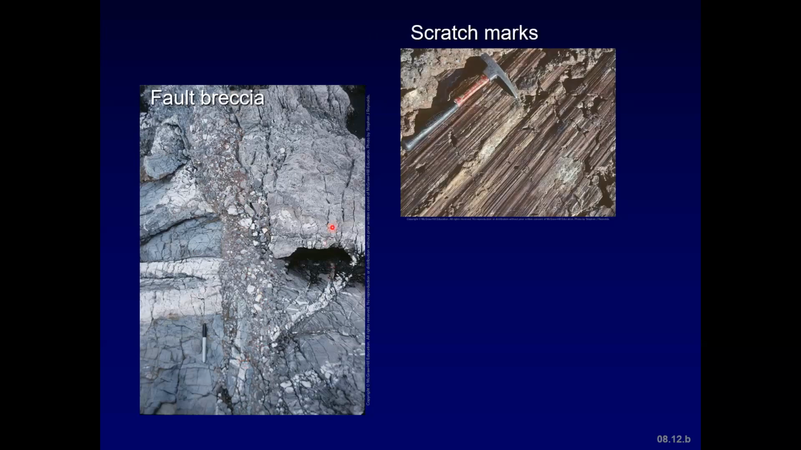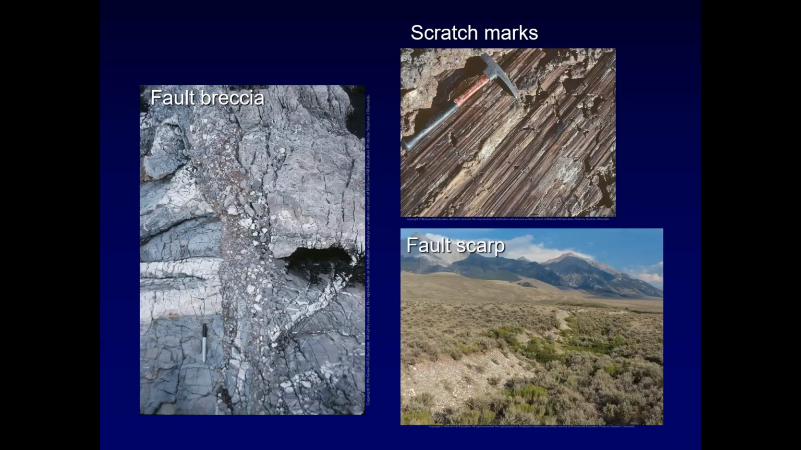You could also have scratch marks on the surface of a fault plane. The fault surfaces can be smooth and polished and have linear scratch marks that form parallel to slip. So that helps us determine the direction that a fault slipped. Or you can have fault scarp,